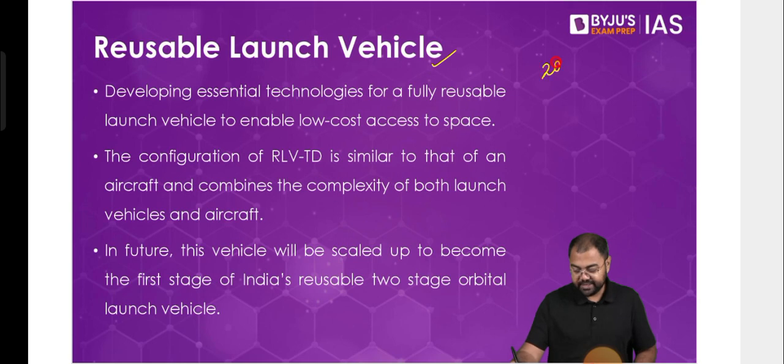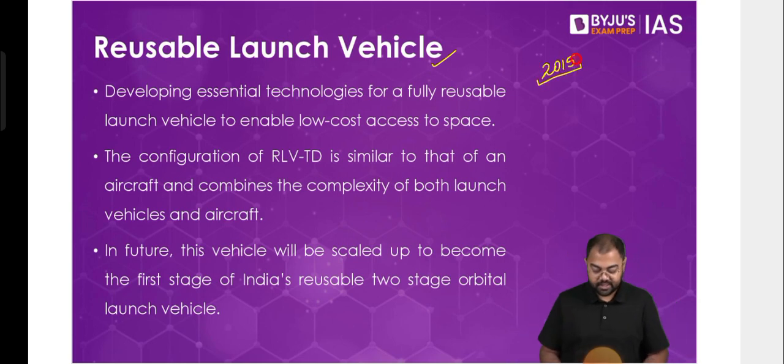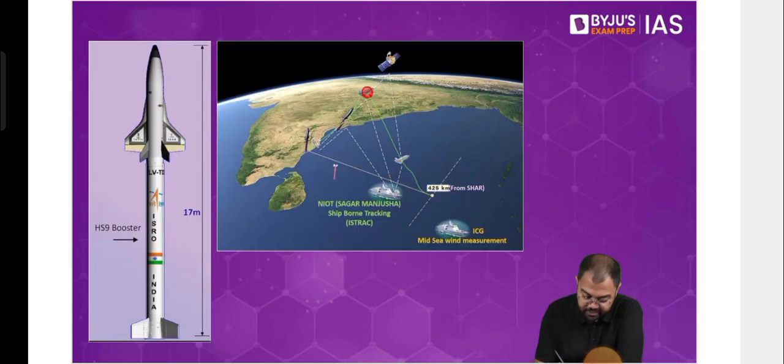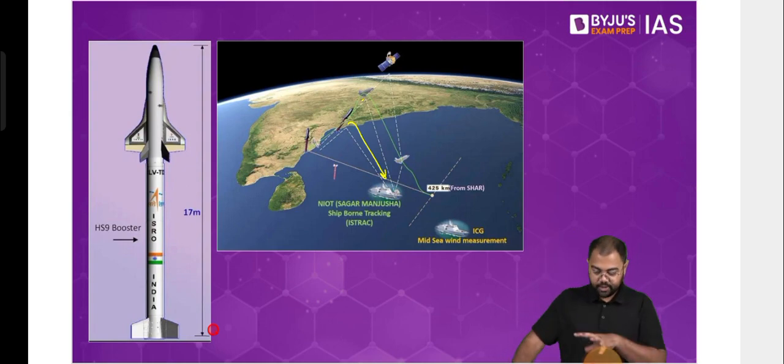We carried out a successful test of reusable launch vehicle. So reusable launch vehicle means that the launch vehicle can be reused. What we want to do here is that after the launch of the satellite is done, the launch vehicle will come back and fall on the surface in the Bay of Bengal. We'll keep a point in the Bay of Bengal, and the calculations will be done in a manner that it falls at that point, and then it can be retrieved and used again. So this is what reusable launch vehicle means.